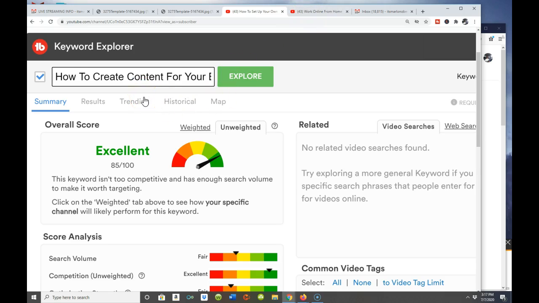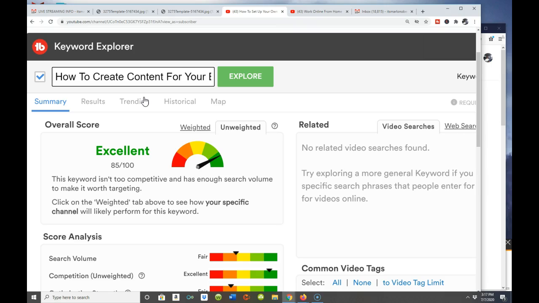I'm inside a real cool affiliate marketing tool that I use, and it's called the Keyword Explorer inside of TubeBuddy. If you guys haven't heard of TubeBuddy, you can go Google it. I'll actually leave a link in the YouTube video description area for it. But what I like about TubeBuddy is when it comes to creating content for your business, you can pick up a free membership inside of TubeBuddy, and then you can start going out and doing keyword research.